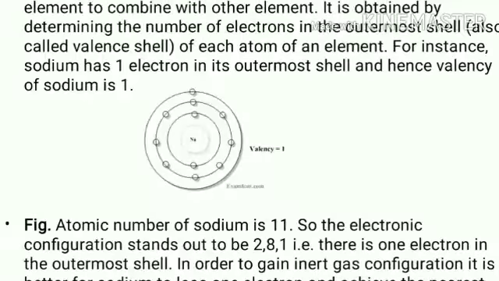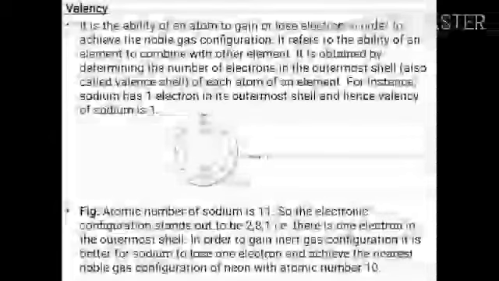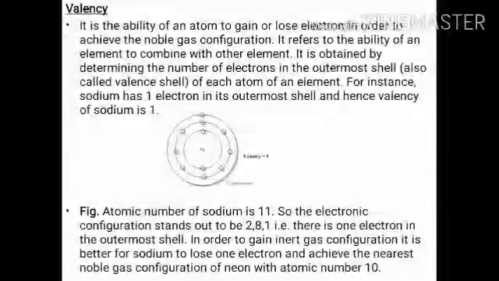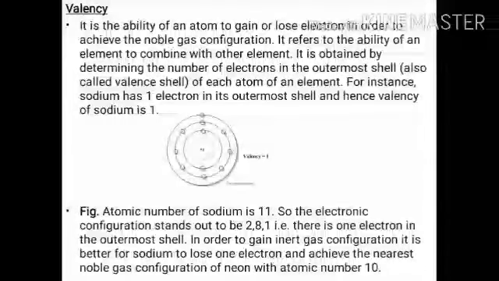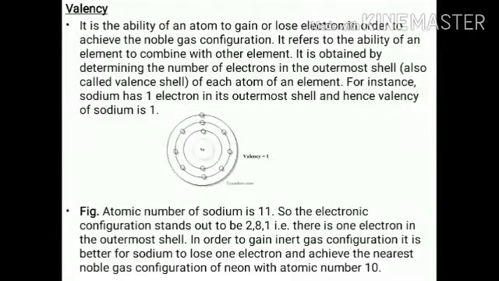You can see. Now read the theory. The atomic number of sodium is 11, so the electronic configuration of sodium is 2, 8, 1. You are not supposed to learn how to calculate the electronic configuration, but you have to learn the electronic configuration of some elements like sodium, chlorine, and some like that. You are not supposed to learn the electronic configuration of all the elements. It is not necessary in 9th class, it is necessary in 11th class. So you have to know only the electronic configuration of sodium, which is 2, 8, 1.